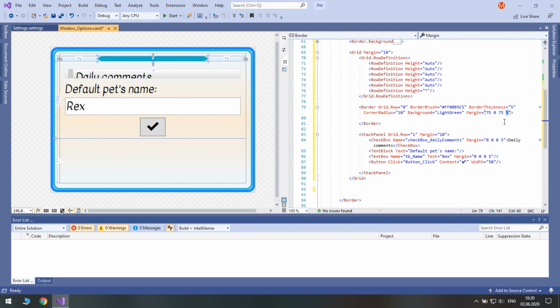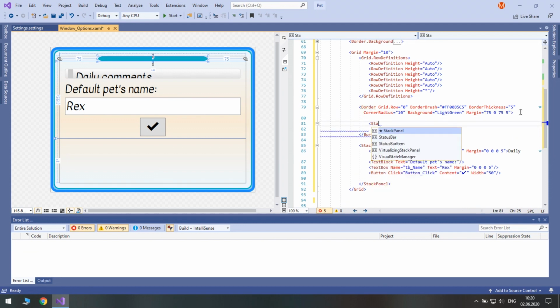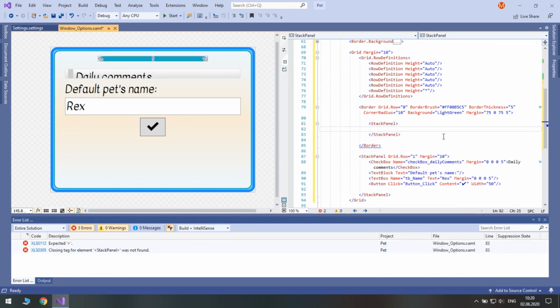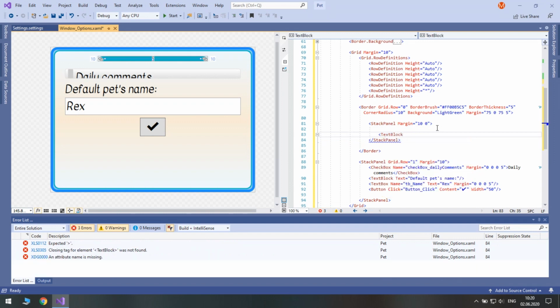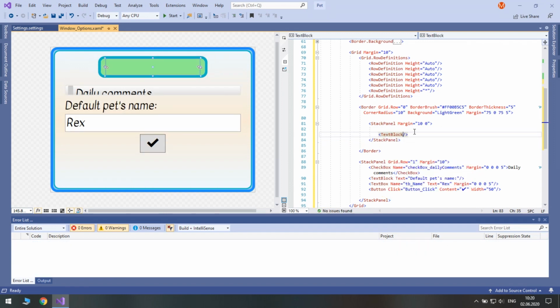it from the content. Inside we'll put a stack panel with margin of 10 on sides, and inside we'll have a text block. The text will be options, all capitalized. Let's set horizontal alignment to center.